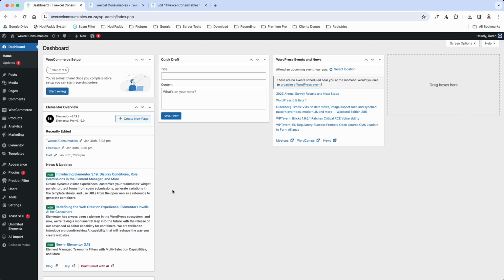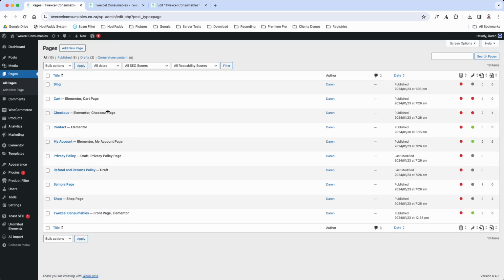So what you do is you'll be logged in, you'll be at your dashboard. You're going to go to pages, click all pages. Once it is loaded, you're going to locate your front page. Now your front page will be indicated with the wording front page. So now the two ways that we can gain access is if we hover over it, we can click edit